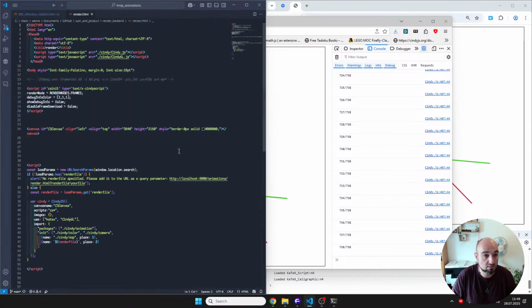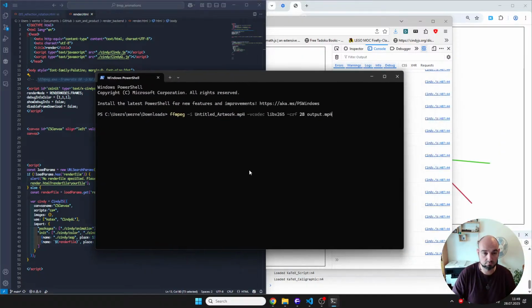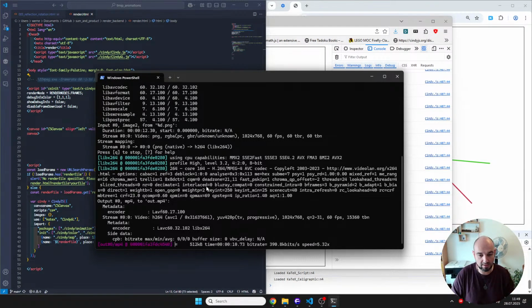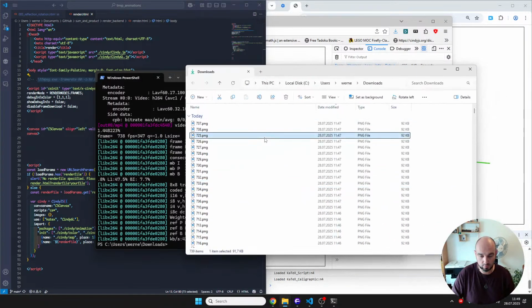Is it here? It's here. Fantastic. Right, so we can, FFmpeg is in the path, so you can also shove it into the download folder. Right, and now we have